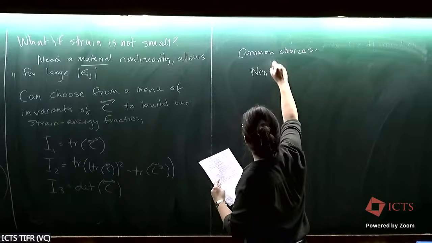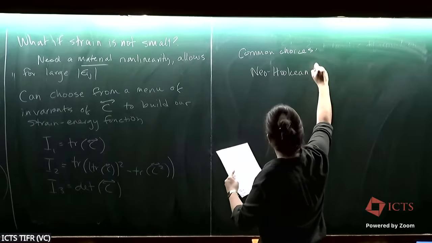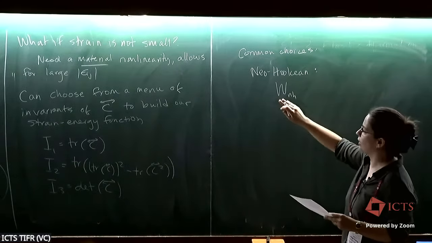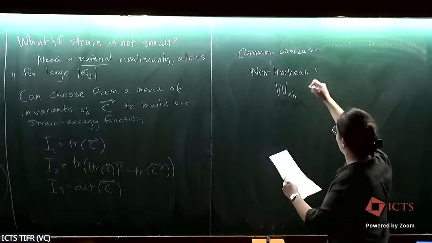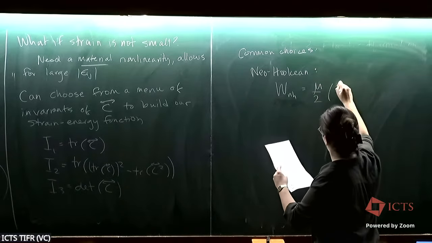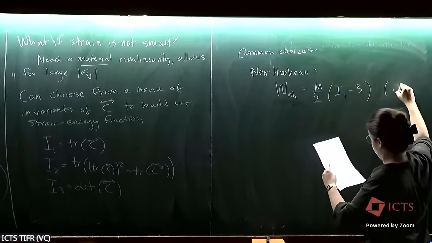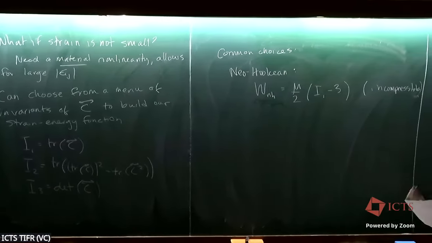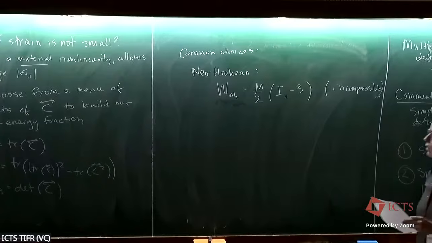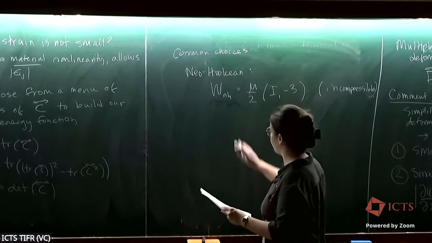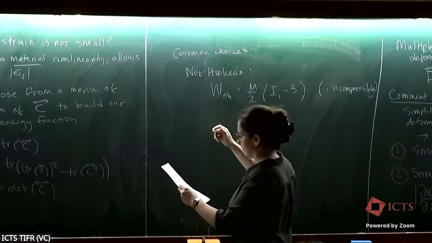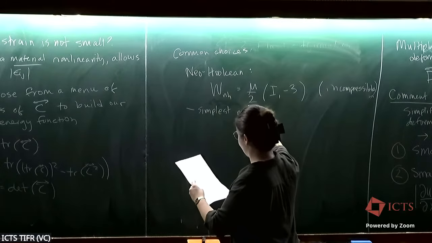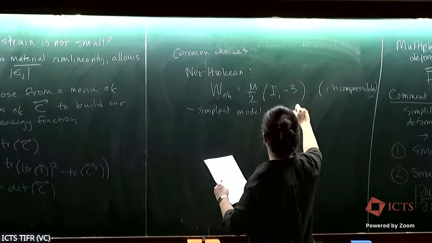One common choice would be a neo-Hookean energy. The standard way to call a strain energy density functional in nonlinear elasticity is in terms of these W's. And this would be mu over 2 times I1 minus 3. This would be for incompressible materials. In the Phoenix tutorial, we're going to work with the compressible version of the neo-Hookean strain energy density function. This is used very commonly because it's the simplest model. I don't think that's too bold of a statement. This is the simplest model that has a material nonlinearity,